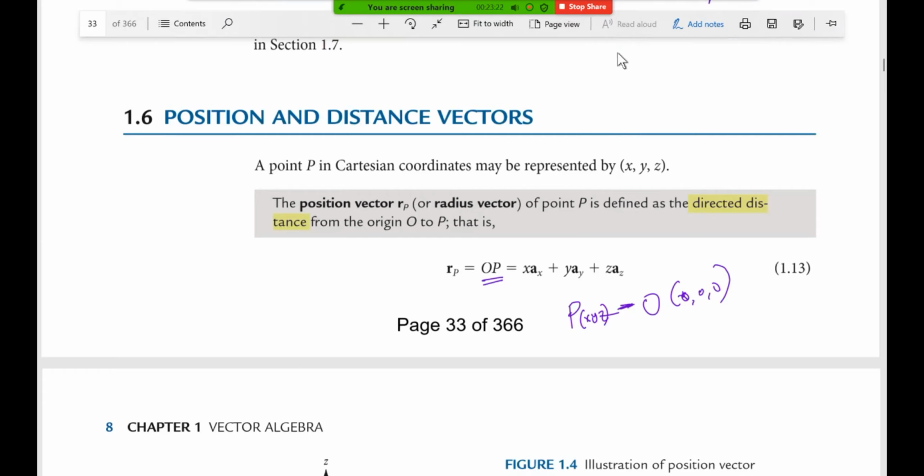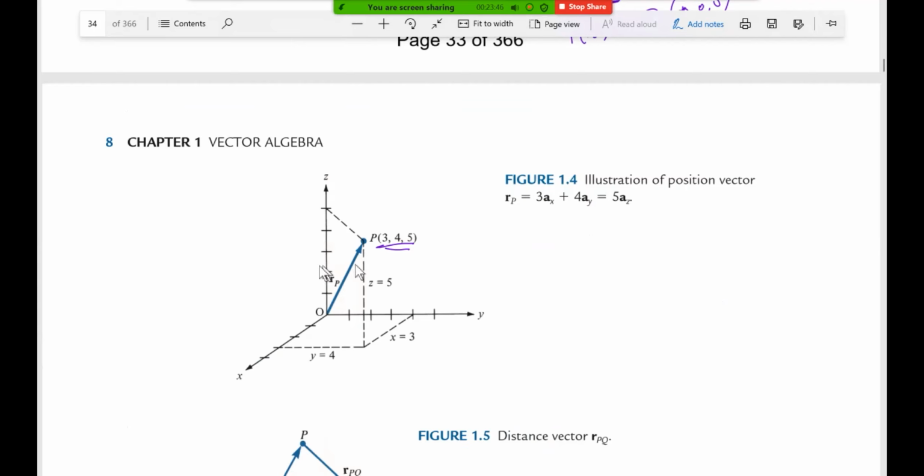So I was saying that this is how you get the position vector given a point in space. You consider the point at the origin, and then the point itself, and from the origin you go how many X units, how many Y units, and how many Z units. That gives you the position vector. But now you're going to see that in a better view, that if you have point P with the coordinates 3, 4, 5, and you are asked to get the position vector,